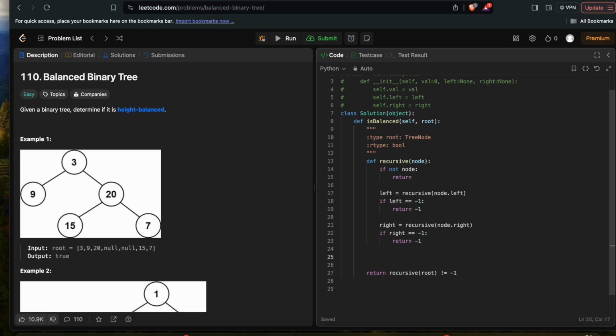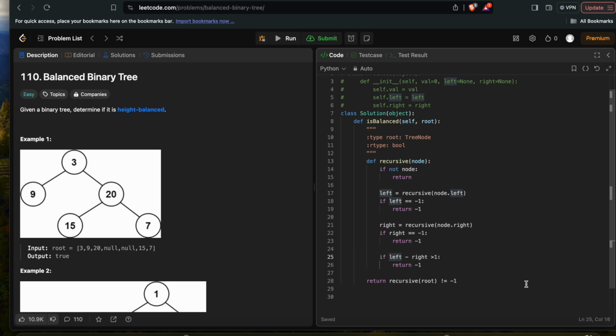Once we have the height of each subtree, we want to find the difference between those subtrees. If left minus right is more than 1, return -1, because it means that the condition of a binary height balanced tree